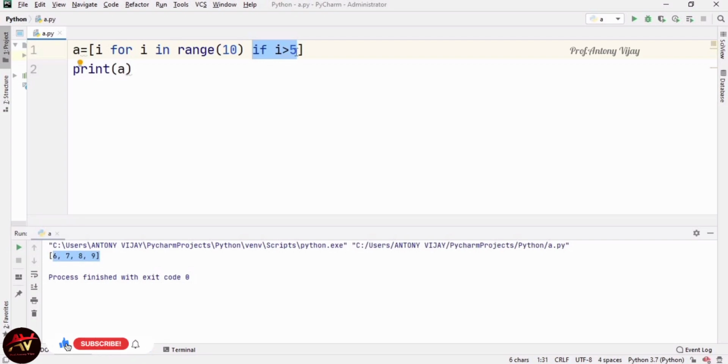The main objective of list comprehension is to reduce the lines of code. Guys, if you have any queries in this topic, just mention them in the comment box. I will clarify your query, and at the same time if you want me to cover any new topic, just mention it. I will take it in the upcoming session.